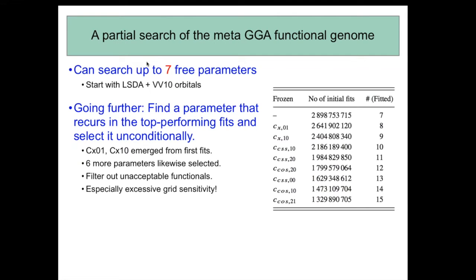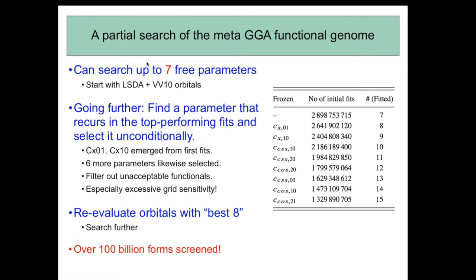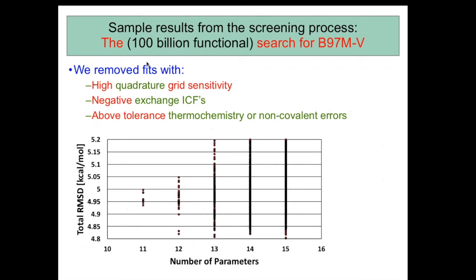And this way we bootstrap ourselves up. We do a bunch of things to make sure that we're only looking at good candidates. So for instance, we filter out functionals with unacceptable grid sensitivity or unphysical features like a negative inhomogeneity correction factor for exchange, which should be unphysical. We reevaluated our orbitals from the LSDA to now best 8, and we search further, and eventually you get plots